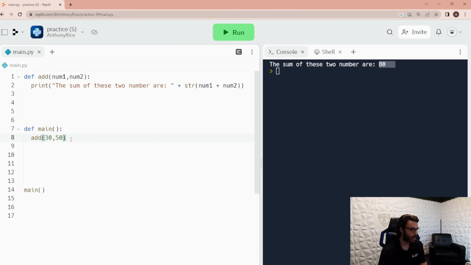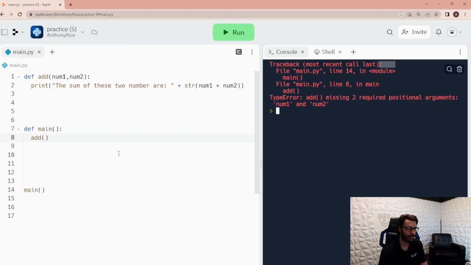Now, last thing you want to do here is let's pretend that I forget to do that part. Let's say I forget to put the numbers through here. Watch what happens here. I'm going to go ahead and run this program, and I get an error. That's because these now have the value of None, which means non-existence in Python. And when you try and add two things that are non-existent together, your program is very sad. So what you can actually do is you can init these inside here. So if I say num1 is equal to 0, and num2, let's say, is equal to 10,